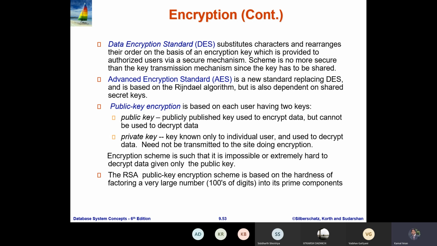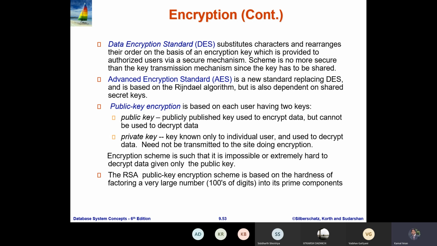For example, you want to encrypt some data, let's say "university". Our input data is university, which is called plain text, and you want to use the DES algorithm. So what will the DES algorithm do? It will substitute some characters and rearrange them. Let's say in university, U is replaced by another character, let's say A, N is replaced by another character, and then the order is changed, and then we apply the key, and then it goes to the decryption side, and again we use the different keys and we can retrieve it.